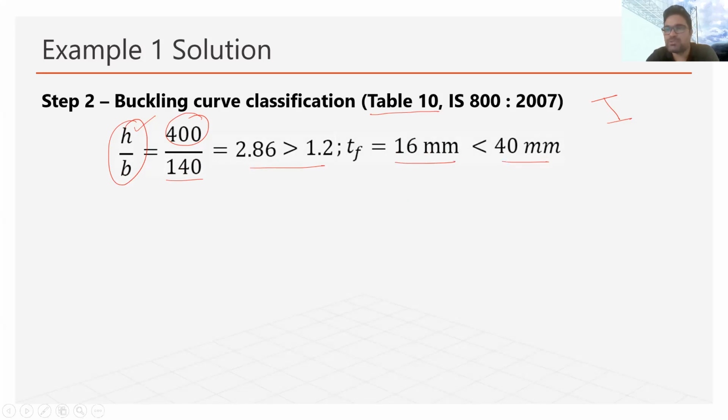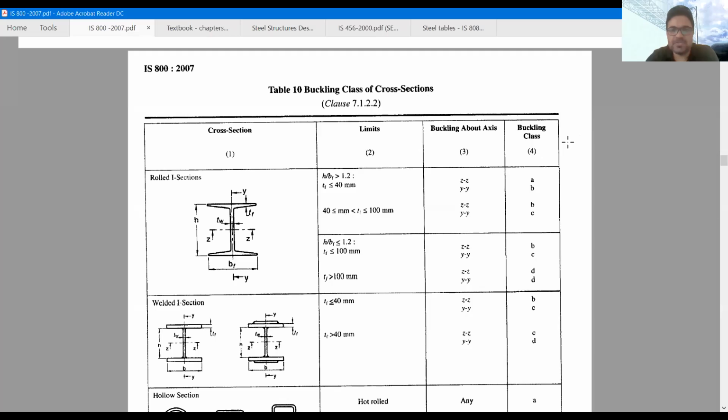So now again I will show you that table, and in the table you can see again, yes, here this condition is satisfying. H by BF ratio is more than 1.2 and also the thickness of flange is less than 40, which means our column will buckle along Z axis or Y axis. And if it is buckling along the Z axis, then it will be buckling class A. If it is buckling along the Y axis, then the buckling class will be B, which means we will use B curve. Okay. So now again,